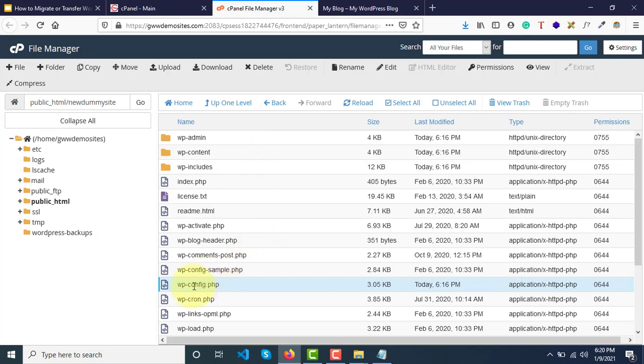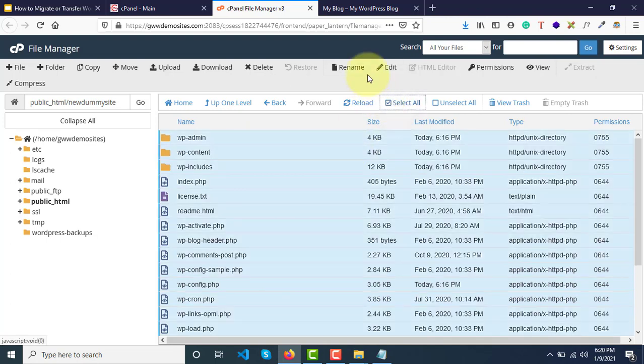Once we have copied the database connection details, these files are not important for us. So we'll select all files. Just make sure these are the new WordPress files that we just installed, right? We'll select all and delete everything.